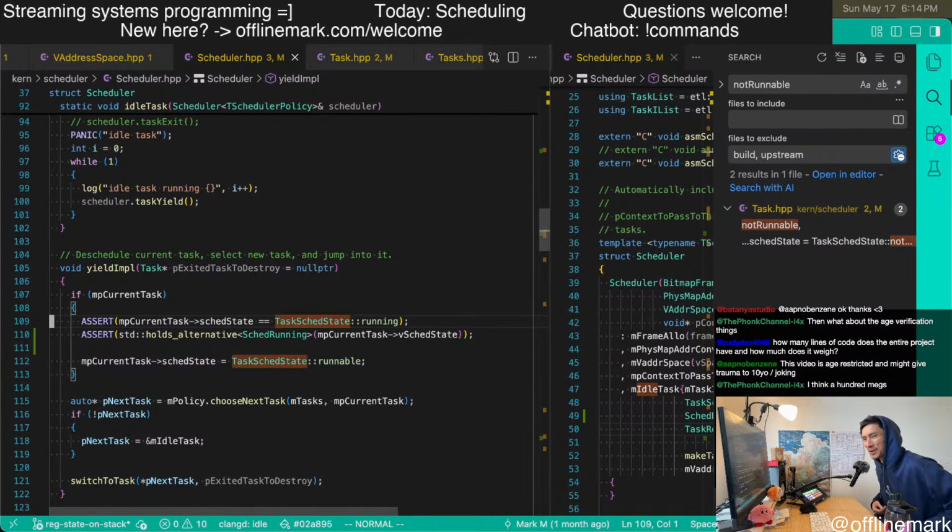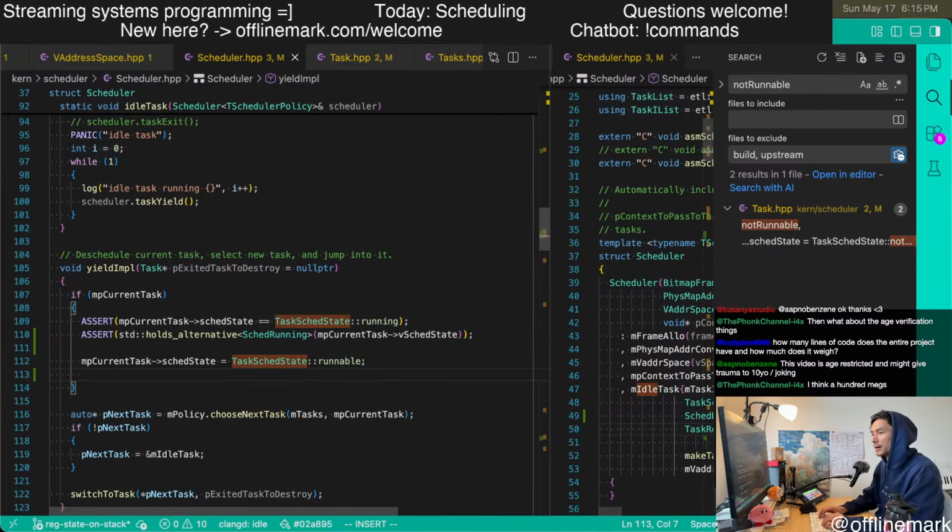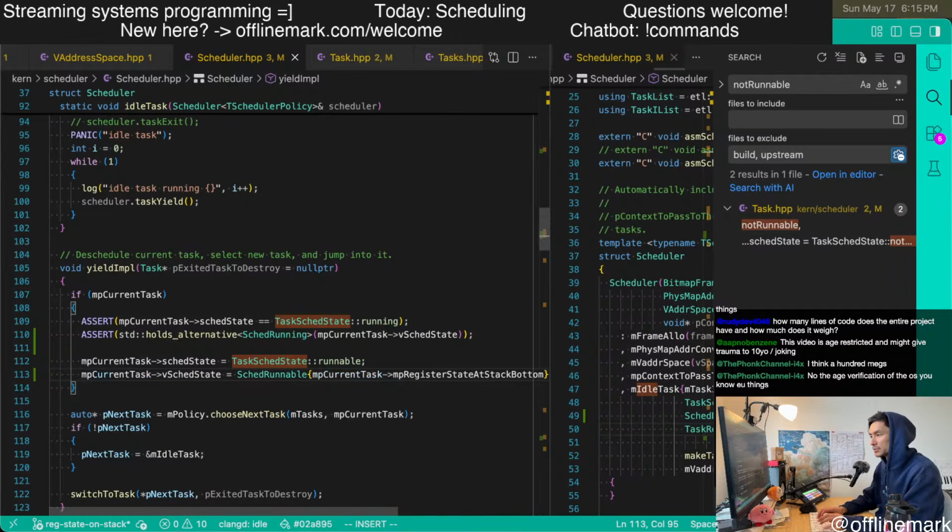How much does the OS weigh? That's a funny question. Good question. It's not too heavy. It's pretty lightweight, I would say. I think it's probably hundreds of lines. It's probably less than 1,000 lines of code at this point. It's not big. Okay, so, and then now, yeah, it sort of already knows.